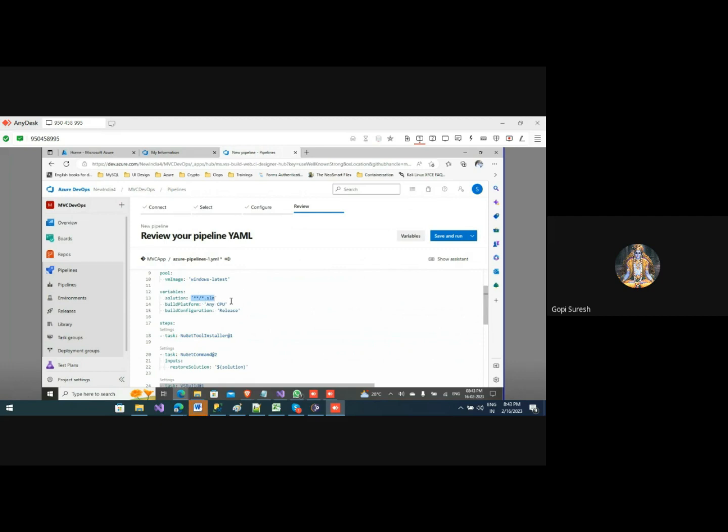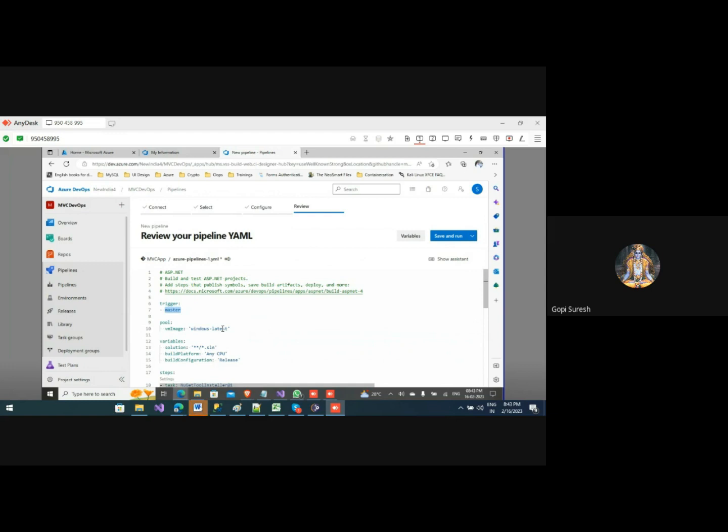So this YAML is instructing me, first I will come from here. It is triggering the build from the master branch. If you take any repository, the main code will be in the master branch. Do you all agree with me? Yes. Okay, correct. So it's going to pick the trigger from there.